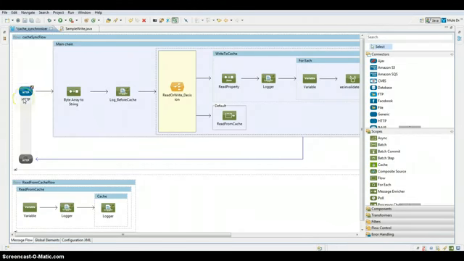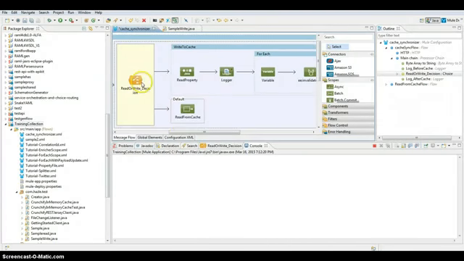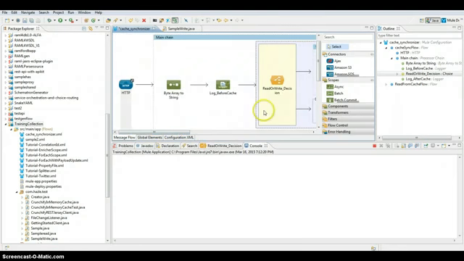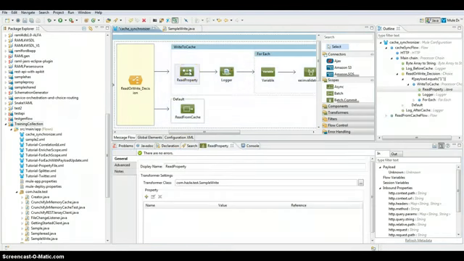Now, to understand the flow here, I have an HTTP flow which consumes my request. I have a choice router here which does two things. If the condition is satisfied as 1, it will write to a cache, and if not, it will take you to read cache. So here in write cache, I'm trying to load a property file using typical